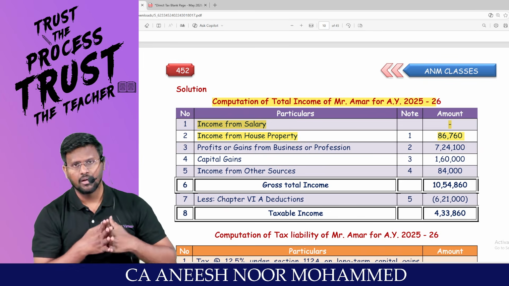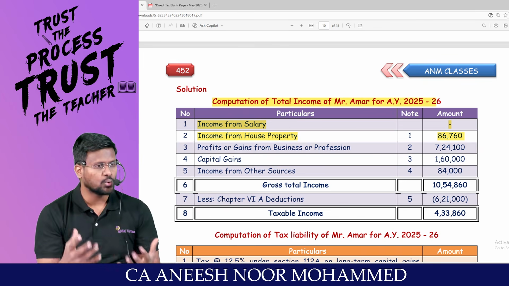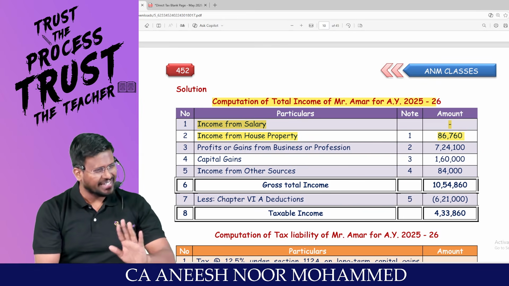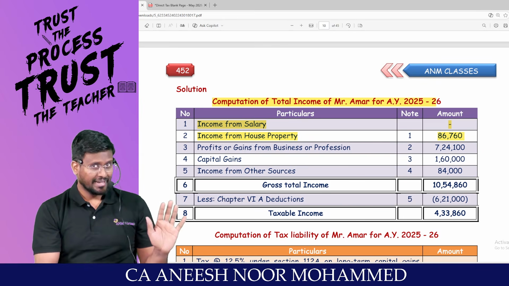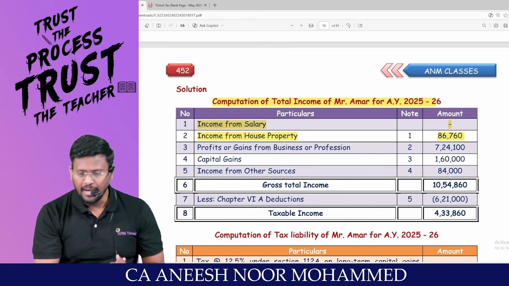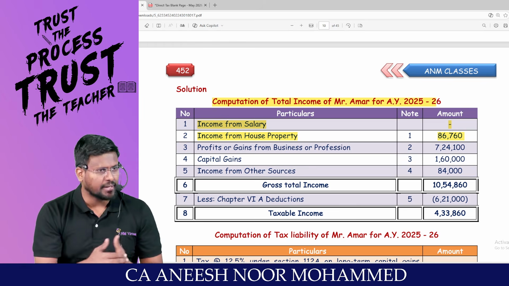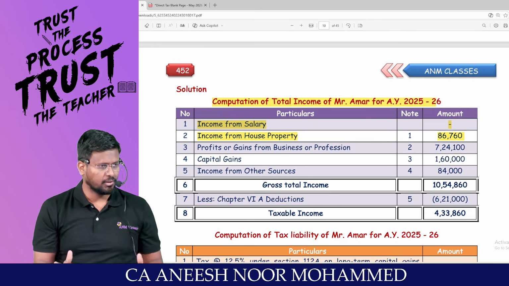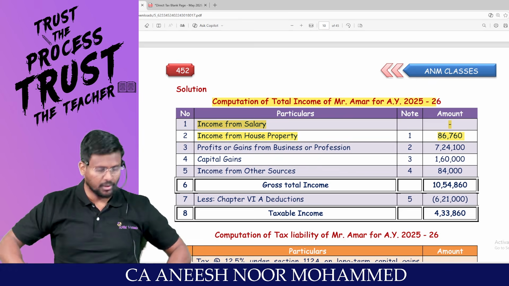You know one thing, here itself you would have fetched 2 to 3 marks in the exam. Don't worry about that, 15 marks to be scored is practically impossible. Get 2-3 marks here and there and score 10 to 12 marks in the computation of total income by spending 25 to 30 minutes of your exam time. You are done with the first question. Are you all really with me?